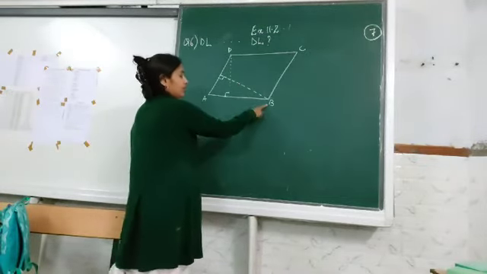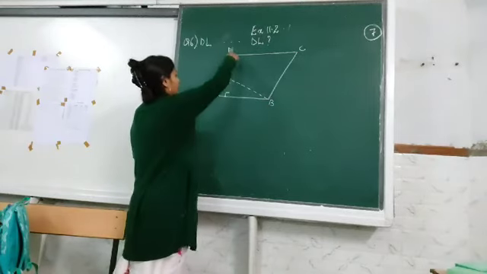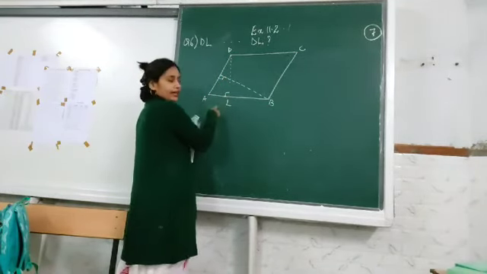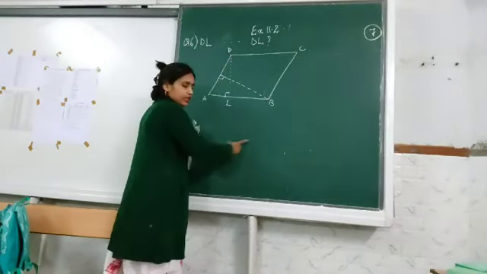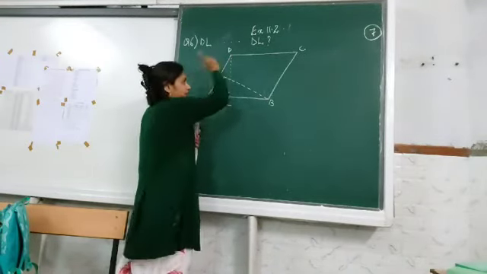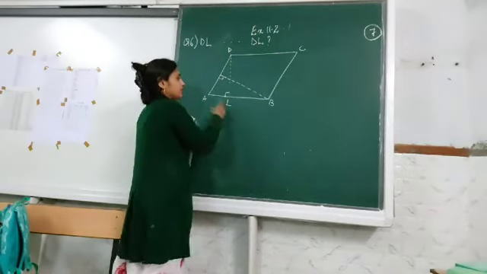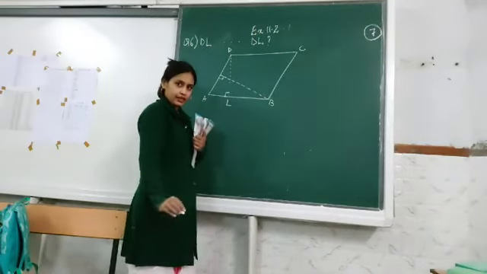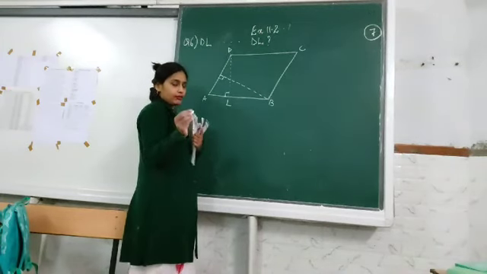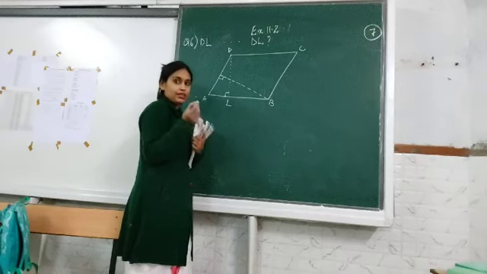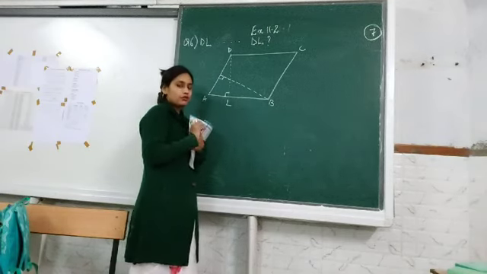Here, AB is the side where DL is the height. So, if ABCD is a parallelogram, very simple. This is a parallelogram. So, AB is the base, then DL is the height. Correct? Okay? For finding the area, because we know that the area of a parallelogram is base into height. And how to remember it?